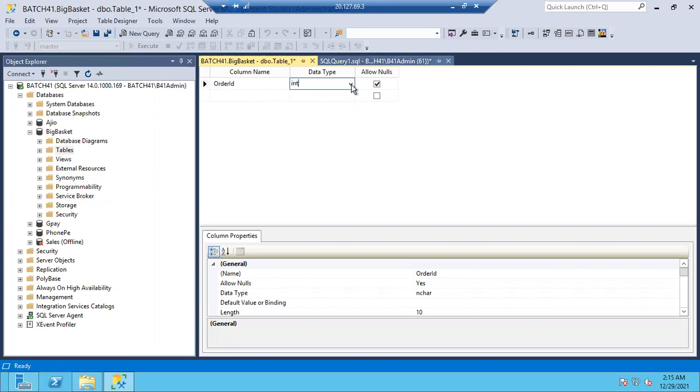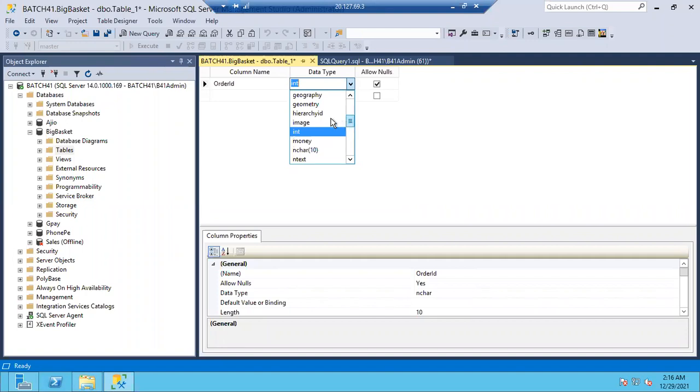You can also drop down. See here how many data types are there. Yesterday we discussed only a limited number of data types. If you see here, you can see a lot of data types: bigint, binary, bit, char, date, datetime, datetime2, datetimeoffset, decimal, float, geography, geometry, hierarchyid, image, int.